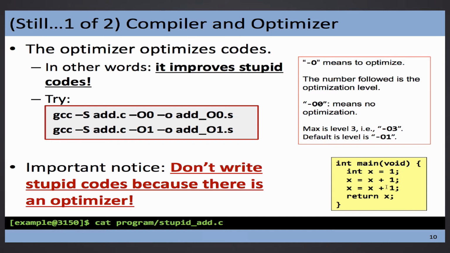Let's go. My makefile will run through these two programs on the command line. One is using what we call optimization level 0, and another one is optimization level 1. Level 0 means nothing, no optimization. It believes in your code and doesn't do anything. O1 is already good enough optimization. Now let's see.